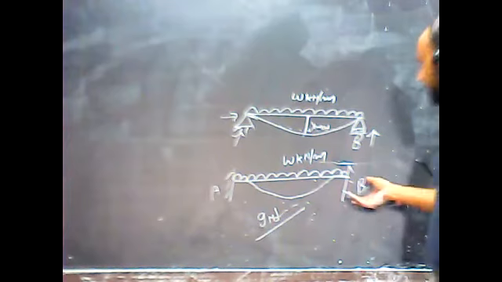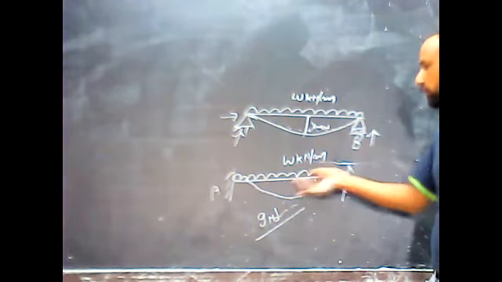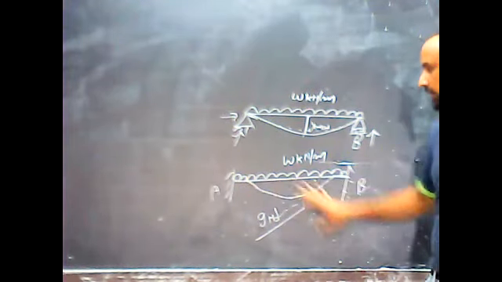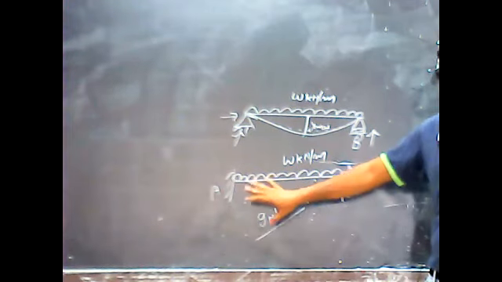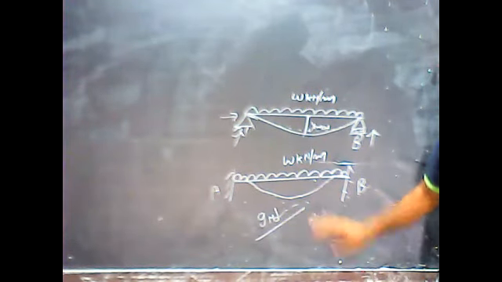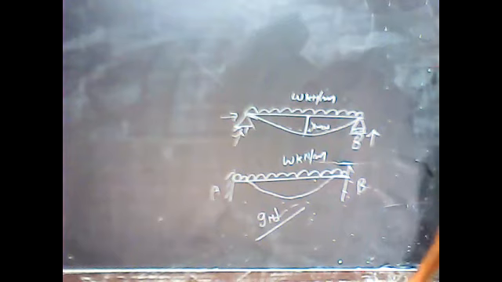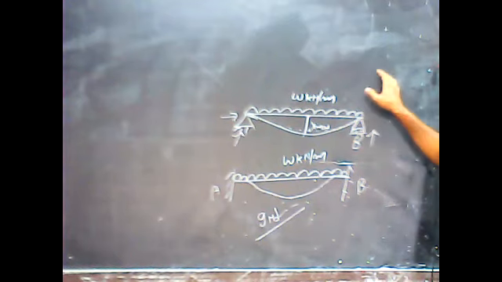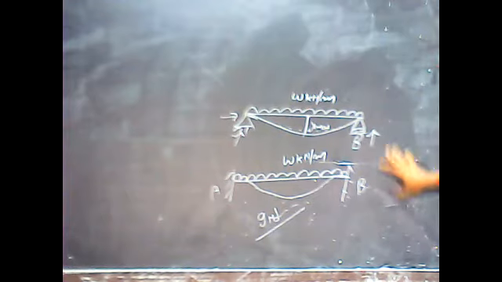The problem is just that it is difficult to calculate. Otherwise, from the stability point of view, I would definitely go with the fixed beam because it will provide more stability compared to the simply supported beam. Clear? So stability is an important part, and that is why we need to understand it here.